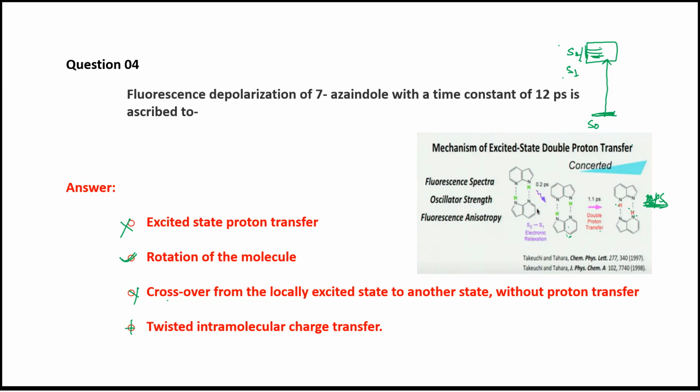Okay. And if you just see this diagram, it will be more clear. So basically from S0 to S2 and S1, the excitation has happened. From S2, immediately by the thermal relaxation, the system has reached from S2 to S1 within a time of 0.2 picoseconds. From this stage, immediately the system also starts to undergo a double proton transfer, and the reason